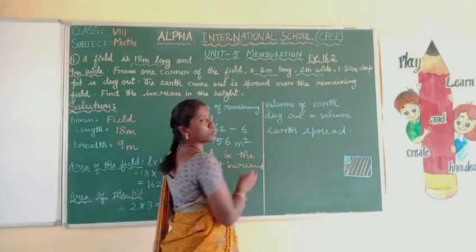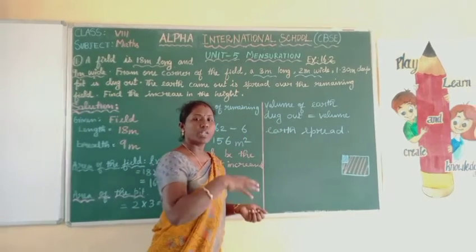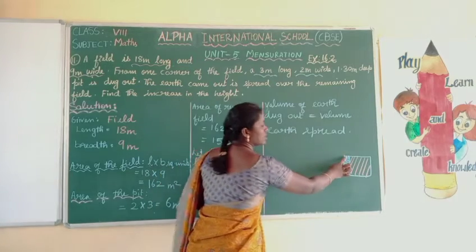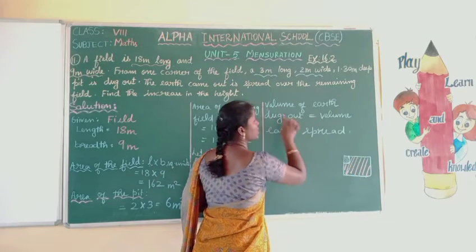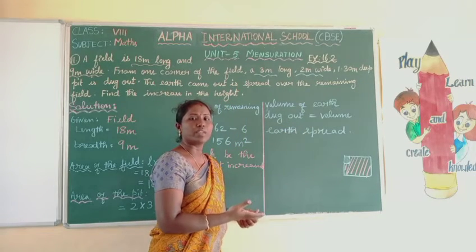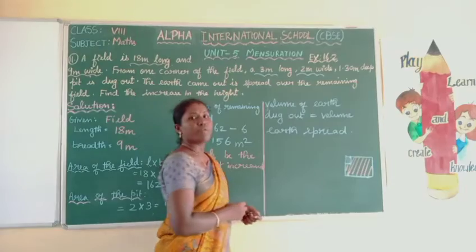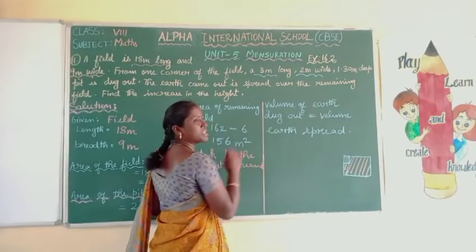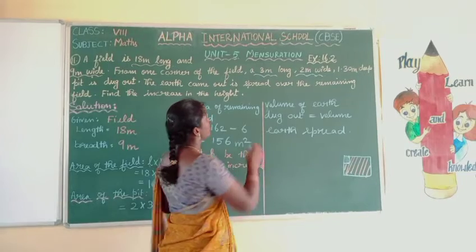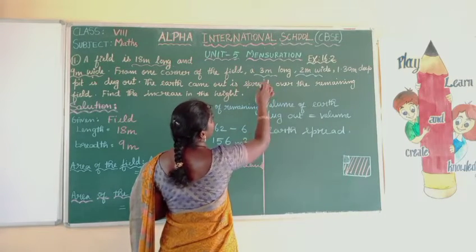Volume of earth dug out means how much deep we are digging out, that volume. So the volume of the pit is directly equal to the volume of the earth dug out. What is the volume of the pit? The pit is in the shape of a rectangle only, no? So length into breadth into height. So the volume of the pit is 3 into